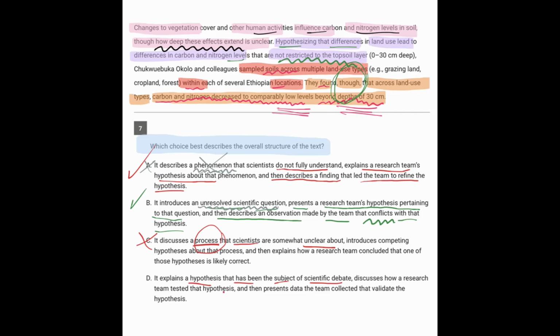Well, right there, we can kind of get rid of it because we weren't seeing a lot of debate regarding this. We saw uncertainty because it says how deep those effects extend is unclear. So debate would be more if there were some people saying strongly this is having an effect, and there's other people saying strongly it's not having an effect. That would be more of a debate, which we're not seeing here. So we can get rid of D. And the answer that lasted is